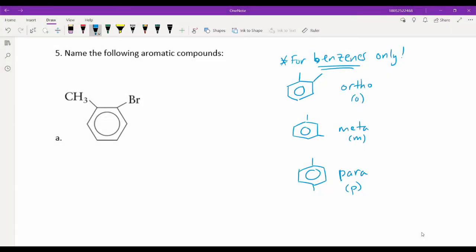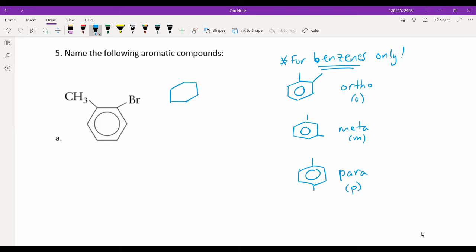Okay, this will be a short video on naming aromatic compounds, which pretty much means compounds that include benzene, where benzene is the root name. So benzene is the structure,